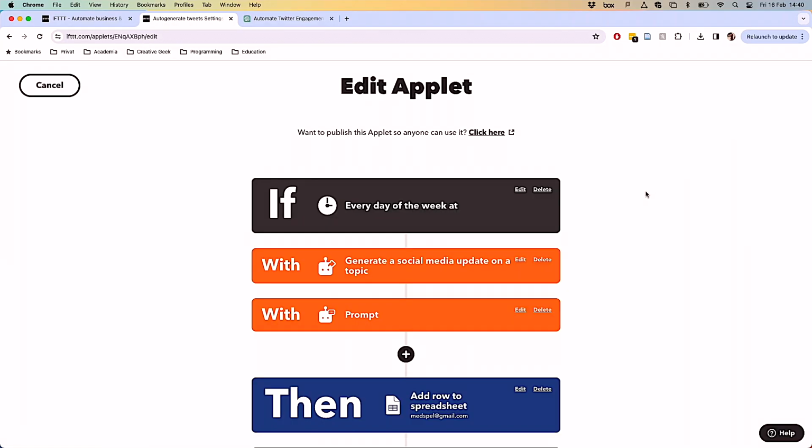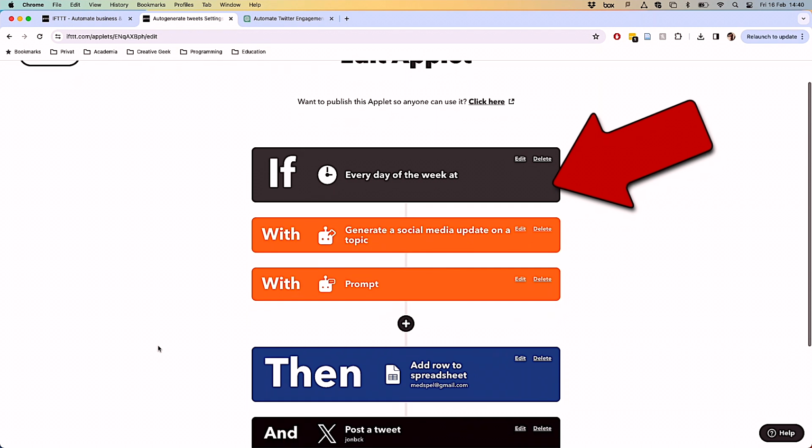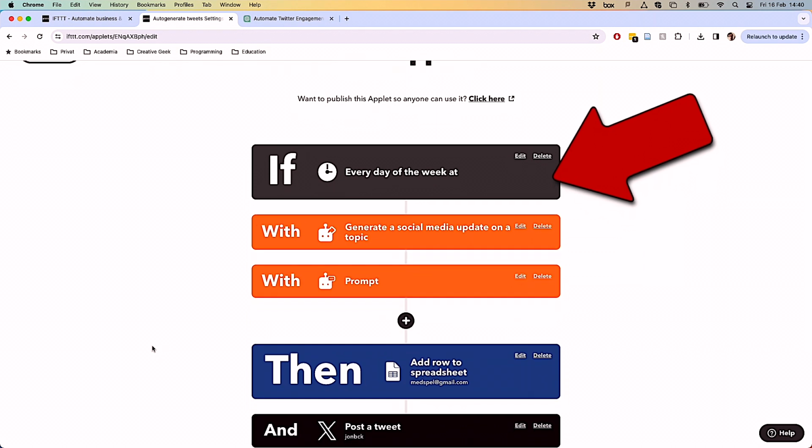But I'm thinking maybe we can get rid of the input source and just let it input by itself. So that's what I tried with two other ones. And let's first look at how I auto-generate tweets. First, the input source, because you need an input source. That's just a time of the day.